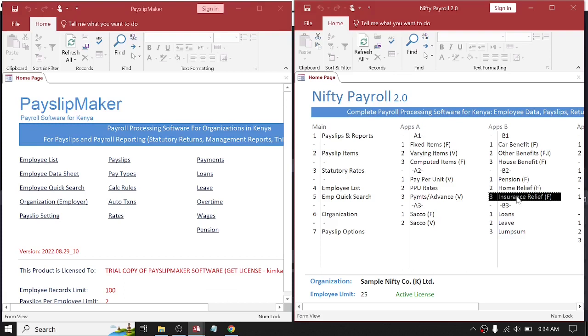So if a person has a qualified insurance scheme that they've put in the system, and they put more than they were supposed to in the payslips, it would deduct the amount that they put in, which is not correct. It's supposed to be limited to 5,000 bob. So in this case, when you process, some of those things are taken care of. And you can see the limits that,